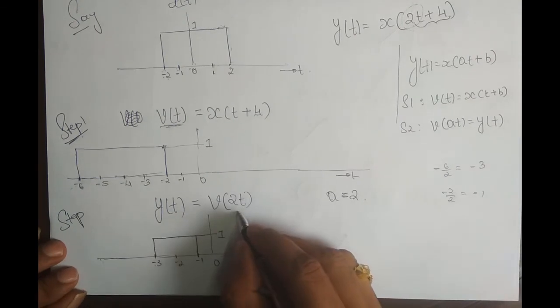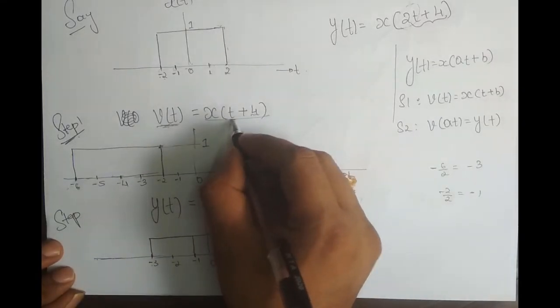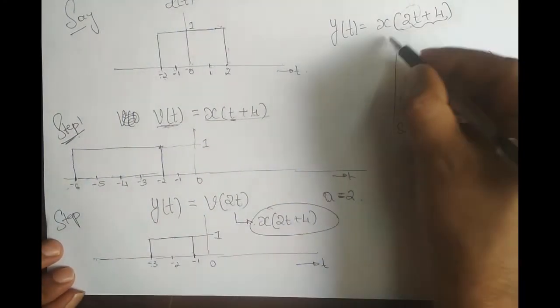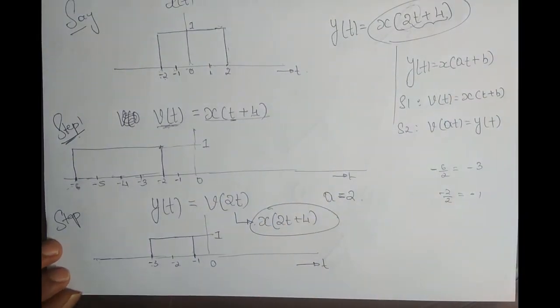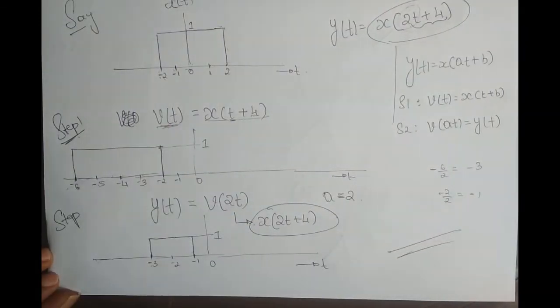Okay. Now mathematically, does it hold good? So what I need is v of 2t, and we know v of t. So how do I get v of 2t in terms of x of t? It is x of, wherever t is there, you have to replace it by 2t, right? So 2t plus 4. Okay, this is what I wanted, x of 2t plus 4, and this is the sketch we have. So this is how we have to follow the precedence rule. First you have to shift the signal and call it an intermediate signal v of t, and then you have to scale the intermediate signal. Fine. So while solving the problems, we will take up a few examples with a complicated signal. Okay.